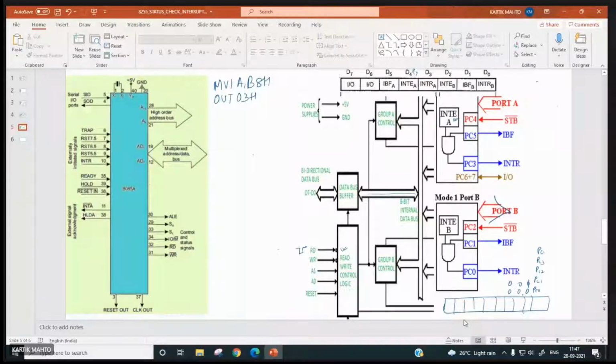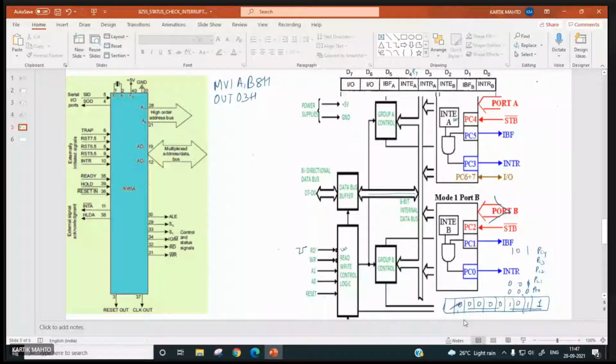So it is fifth one. So 1, 0, 1. And this we have to make it 1. And rest will be 0. Right. So this is B and this will be 0.